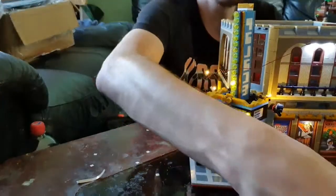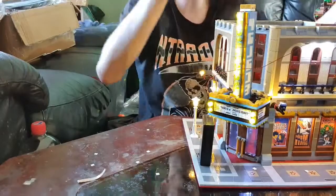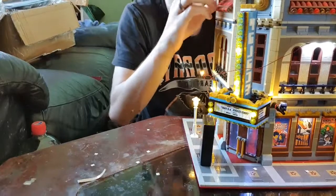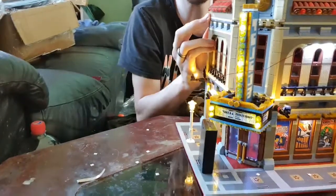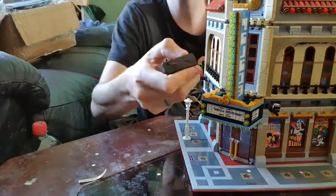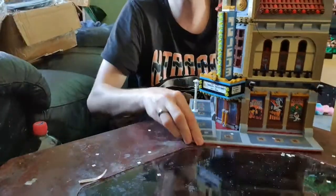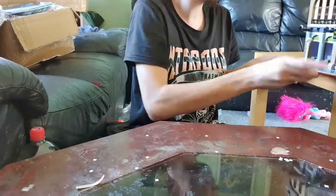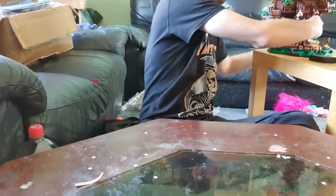So yeah. Oh, I've just broken that off again. I mean, that's the other thing as well. You just have to be careful about not breaking things off when you're moving stuff around or something like that. That's the only problem I have about modular buildings. But I suppose it's a fun part about having a city as well, because you're just rebuilding everything up and over again. And then out of the last ones, we have